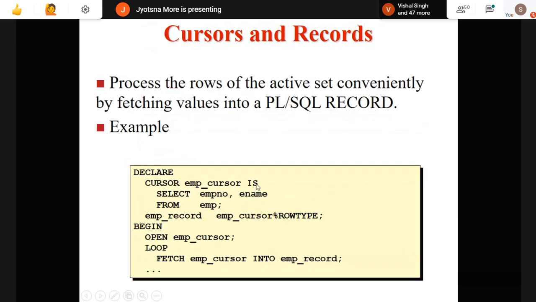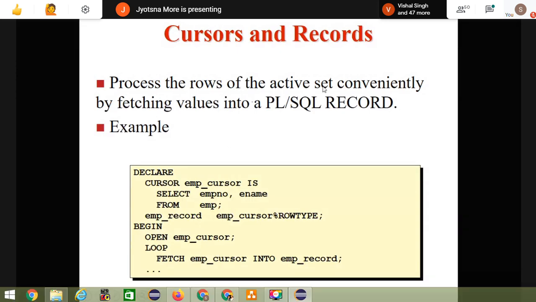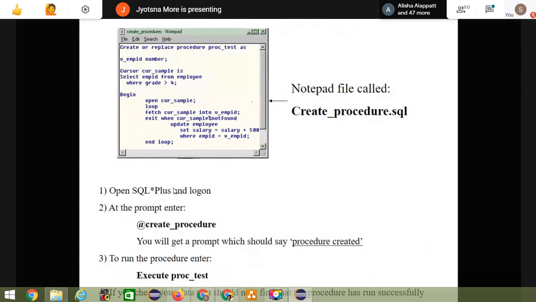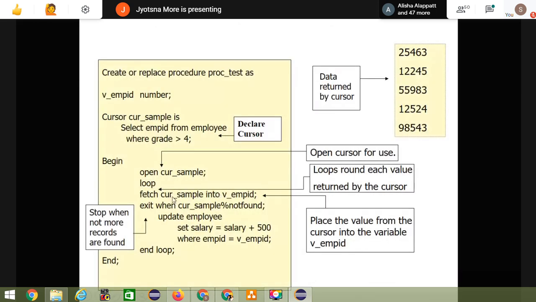Similar to that, cursor and records. If you want to process the rows of the active set conveniently by fetching values into the PL/SQL record, just create a cursor with the value and fetch the value the way we have created in a procedure. That is the only records you are fetching, which we have already done with the procedure part.